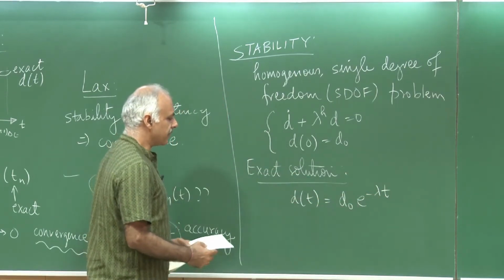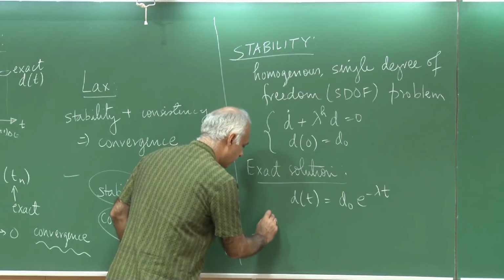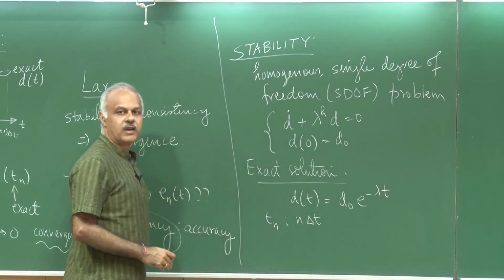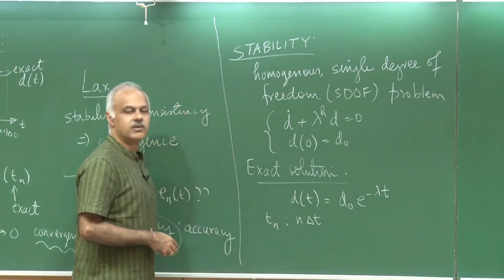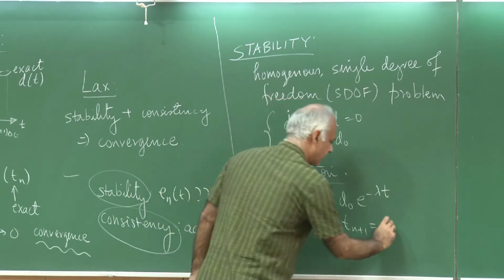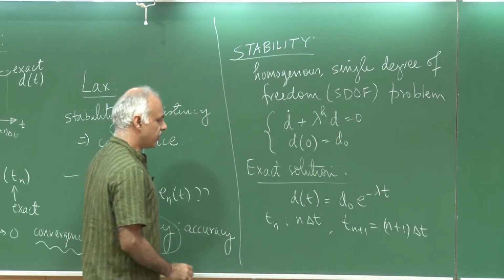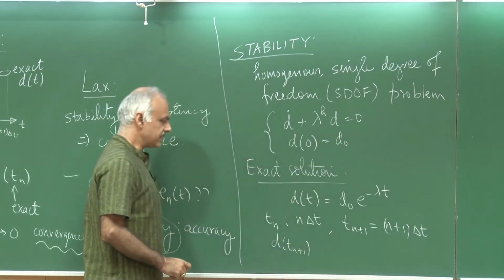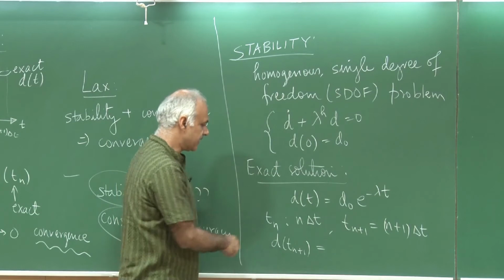Now, let me take a situation where we would be interested in the numerics. Let me therefore talk about a time level n, which of course is n delta t. I would reach this time level in n time steps, each one of them equal to delta t. So, equal time stepping. Similarly, t n plus 1 I would like to write down as n plus 1 delta t. So, it is easy then to write d at t n plus 1, this is the exact solution. Although I am computing at discrete time steps, this is still the exact solution.